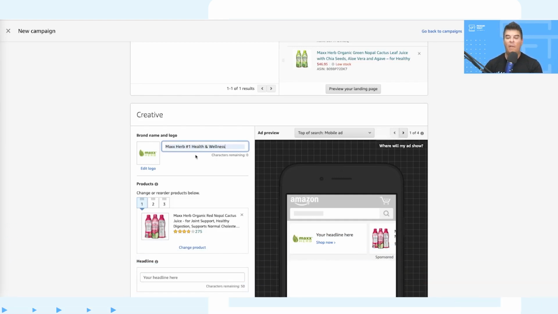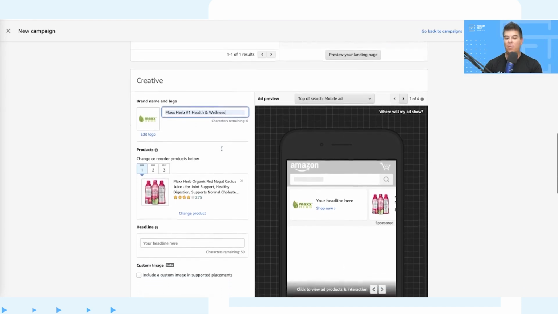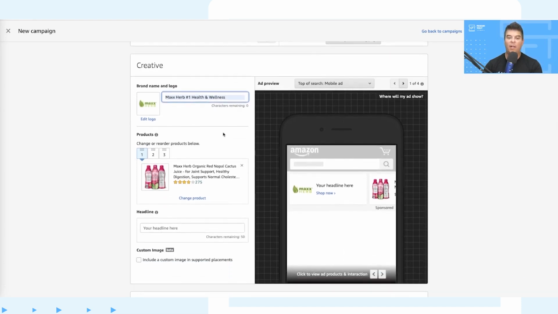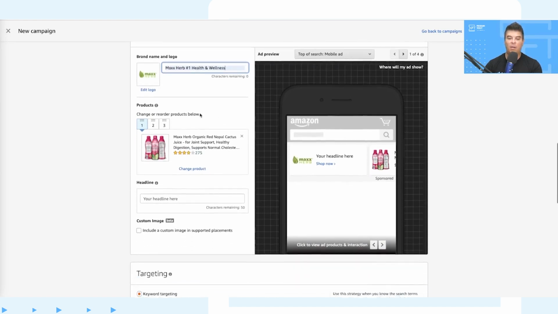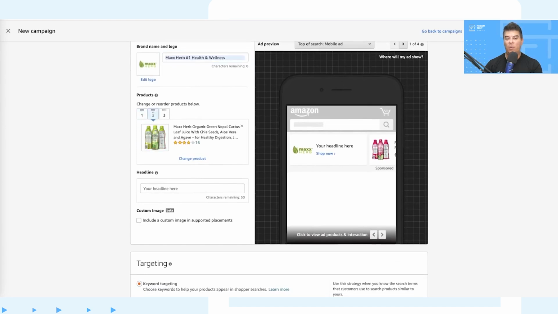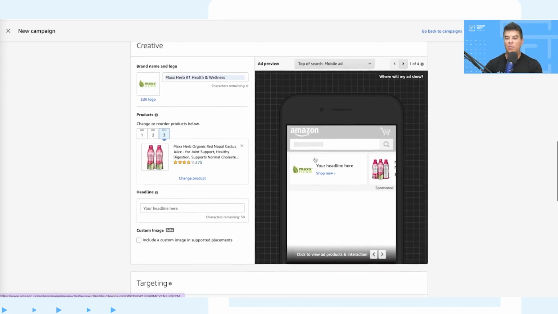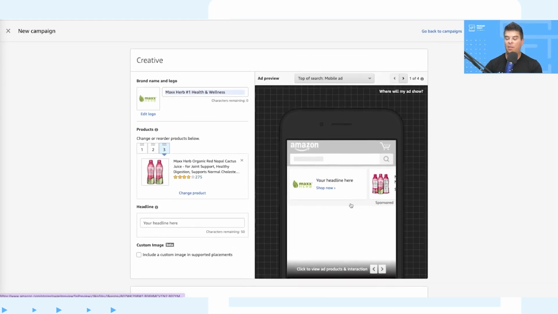So you do need to make sure that you leverage this space when you can. You can see I used all the characters. I believe there were 50 in there. So you do want to try to leverage herb, health, wellness, any kind of keywords that you think might actually help you as well. This is where you want to do that. Make sure you have a really nice, clean looking logo right here as well. You can see the order of the three or the way I entered them. If I wanted to rearrange the order though, I could do that here by actually just sliding these back and forth. So this kind of gives you a preview right here of what this is going to look like